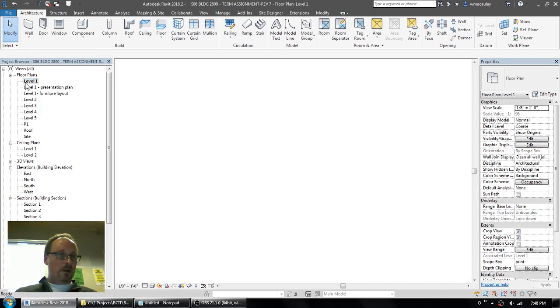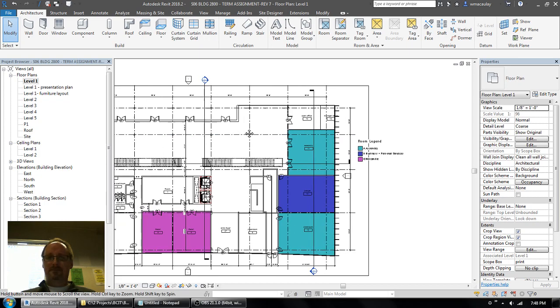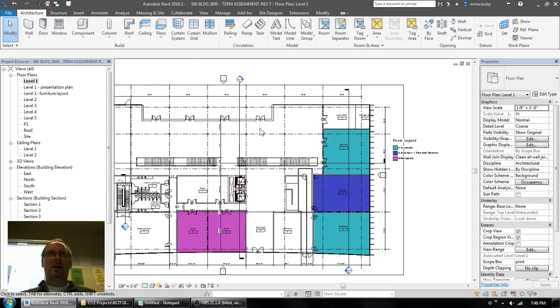Okay, so we have talked about using the area or the room objects to color our floor plans. So here we're using sort of building intelligence to color the floor plans. What if you don't want to have to do that? So if you want to sort of just manually color the floor plans on your own, so what I'm going